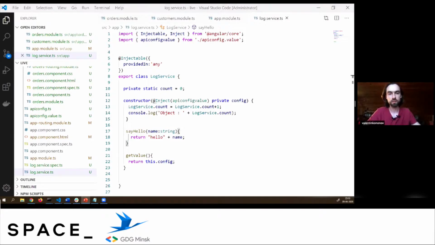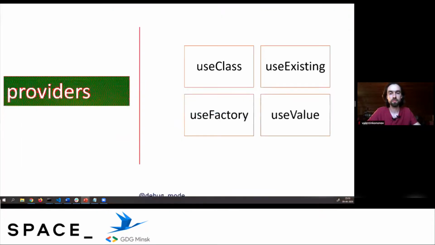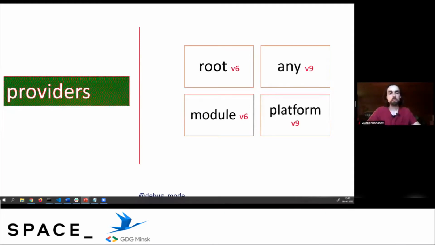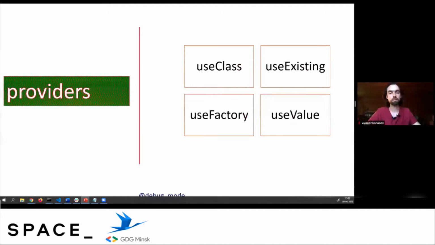Last but not least, once again, we had a demo on useClass, but you can use useClass for real-time scenarios like global error handling, interceptors, or service hierarchy, etc. And then we already covered root and any. Root is tree shakable, any is tree shakable, but if you use providers, those are not tree shakable.